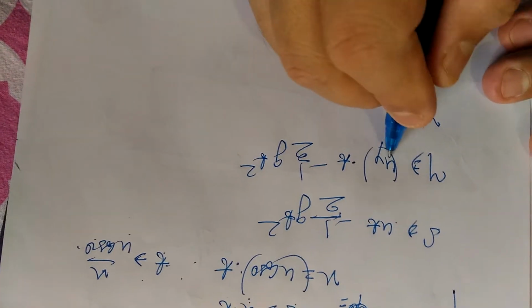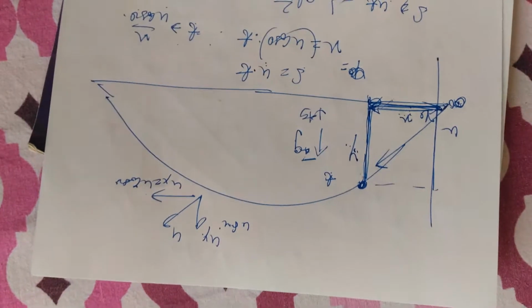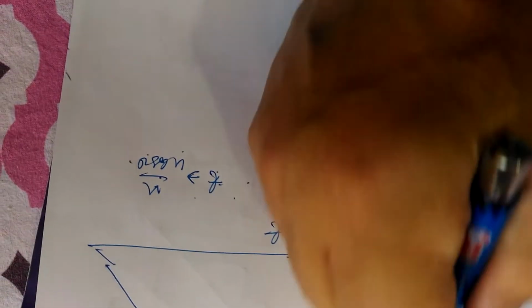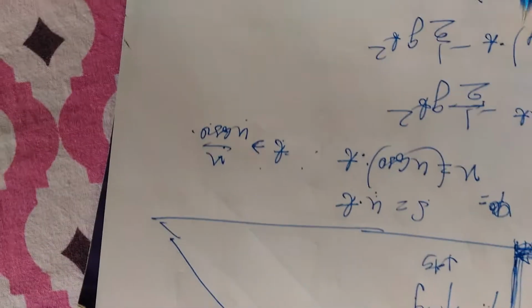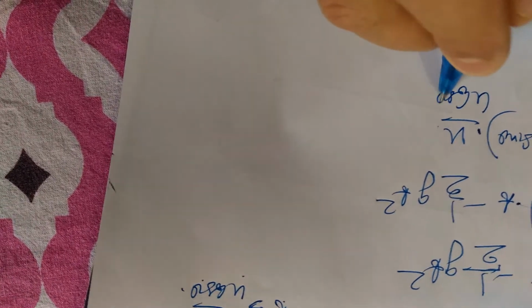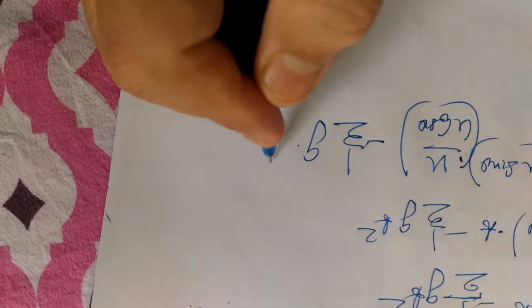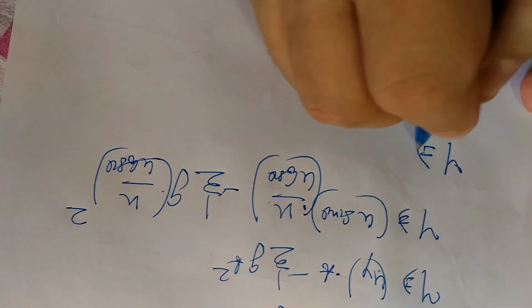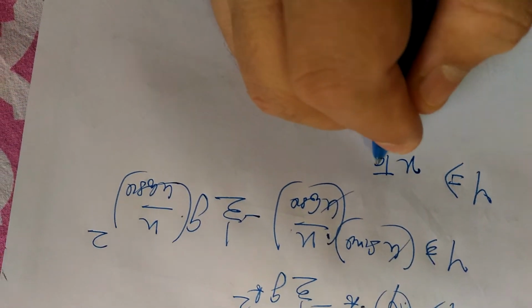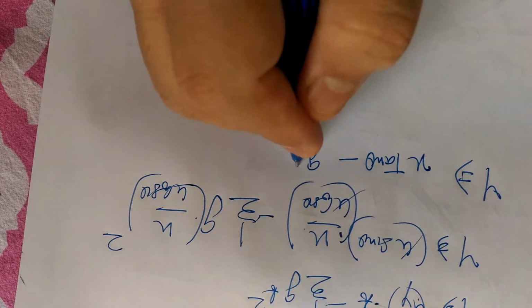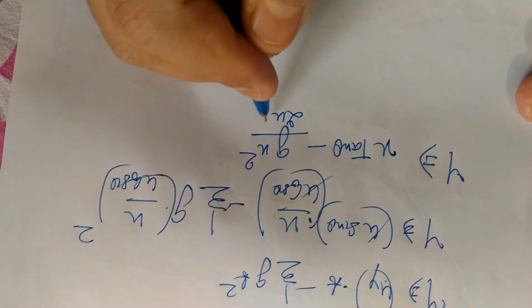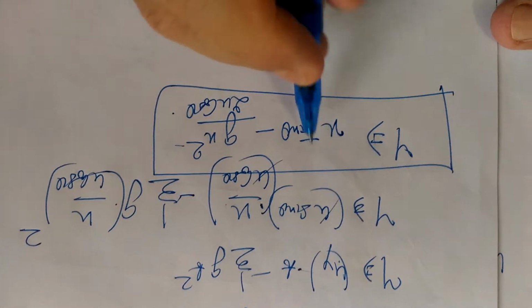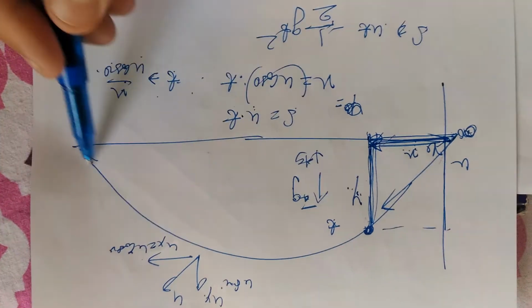So y is equal to, in place of uy you will write u sine theta. So u sine theta into t, and t we have already calculated. Time t is the common factor. So y is equal to u sine theta into x by u cos theta, minus half g into x by u cos theta whole square. Simplifying this, you will cancel out and get y is equal to x tan theta minus g x square by 2u square cos square theta. This is nothing but a second order equation, a quadratic equation, or the equation of a parabola. So this proves that the trajectory is a parabola.